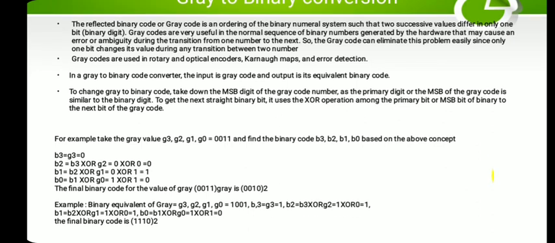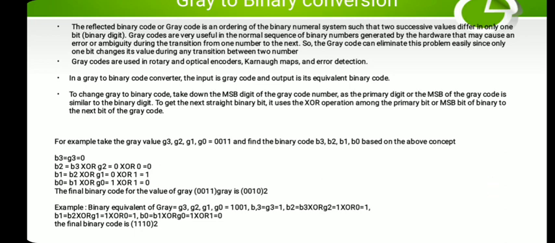Now the conversion. When we have converted binary to gray, we will also require to decode whatever gray code we have, so we convert gray code back to binary. How to do it? We can convert 3-bit, 4-bit, 10 bits and so on. It has limitations for a higher number of bits: conversion from binary to gray is easy, but gray to binary becomes complex when the number of bits increases. Followed? Now how to convert? The procedure is a little bit different. The steps are slightly different from binary to gray.